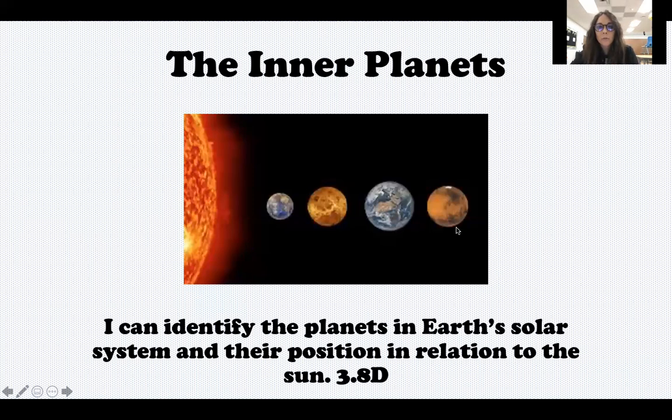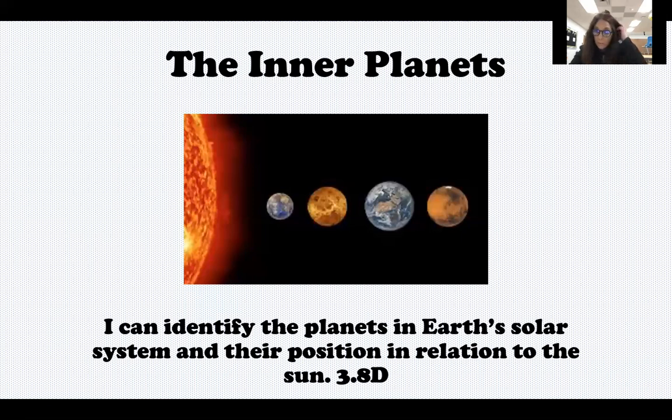So the planets are rarely, if ever, lined up nice and neatly like this. Also, this is kind of showing that the planets are all an equal distance apart from each other, which is also not true. So when you see pictures like this, you need to remember that they're not entirely accurate,